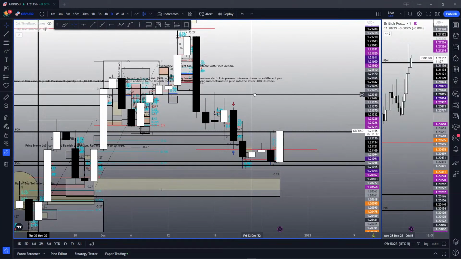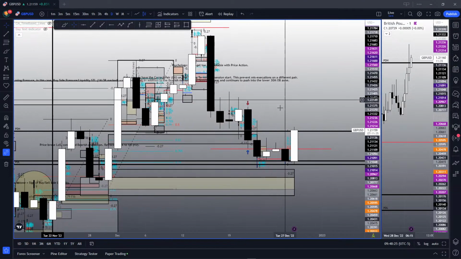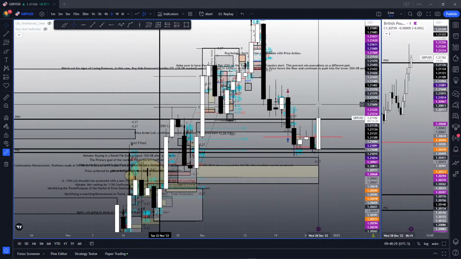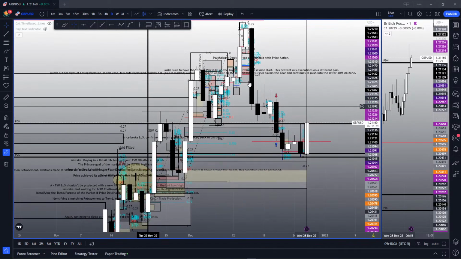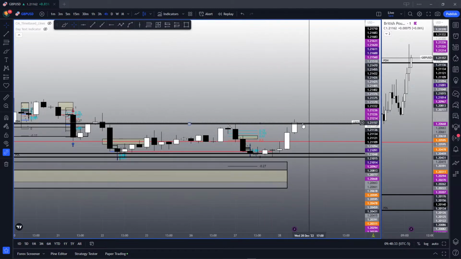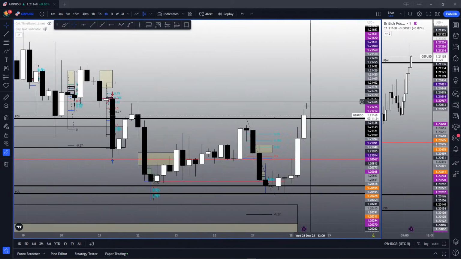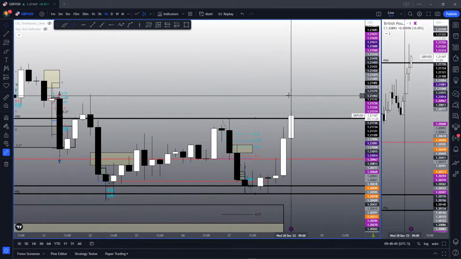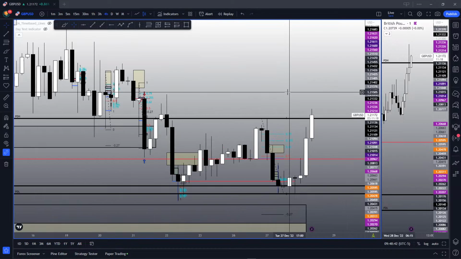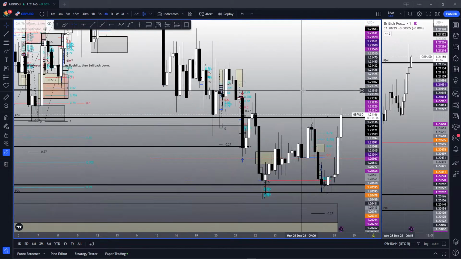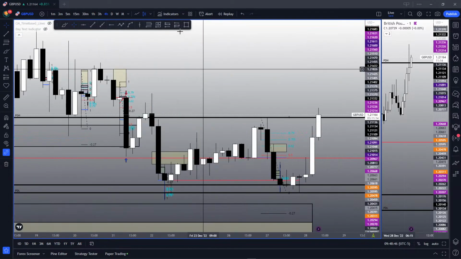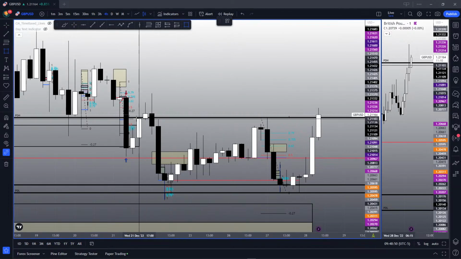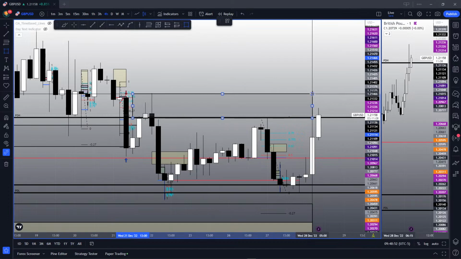And previous daily high and low markup. This is a daily order block. I'm not gonna mark that up because it's a little bit too far there, and I know that there's gonna be a 4 hour there anyways. And now we are seeing price rallying up to the upside, pushing all the way up, and it is currently in this resistance zone of a 4 hour. I'm gonna mark this up.